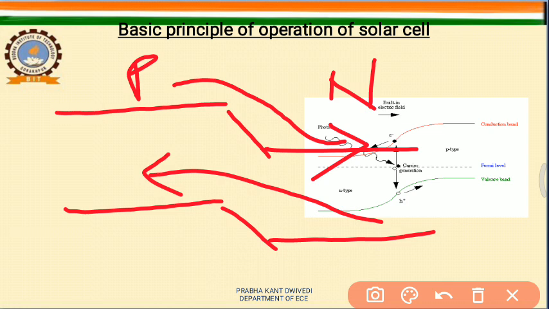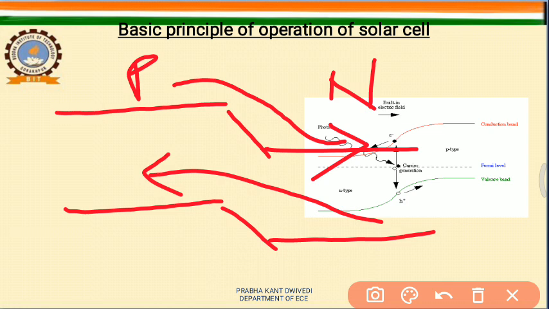So generally we have to avoid this recombination, and it mainly occurs due to defects in the crystal. These defects work as recombination centers. These defects can be removed by refining the crystal nicely, but this refining process increases the cost of the device. So recombination is a cause for the decrease in the efficiency of the device.